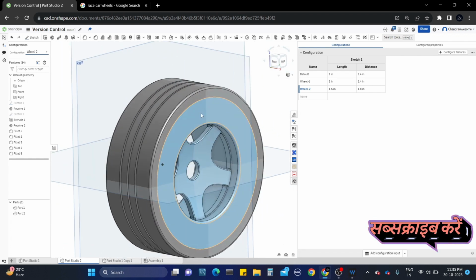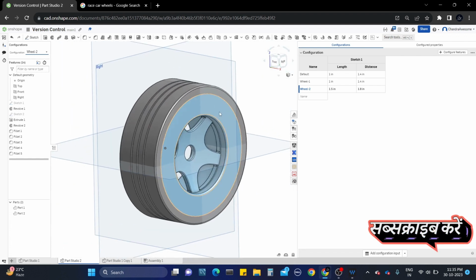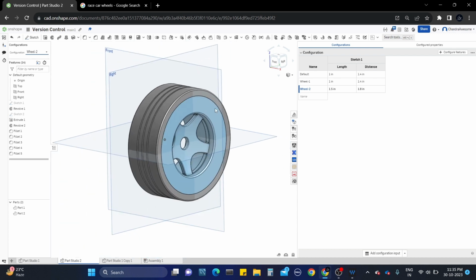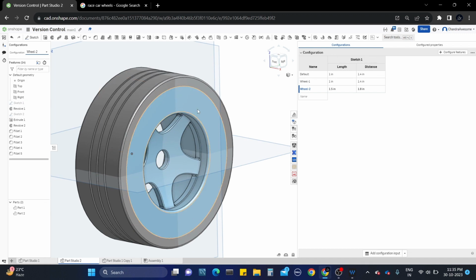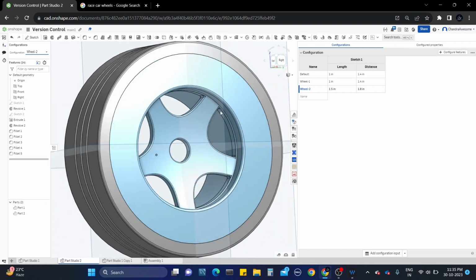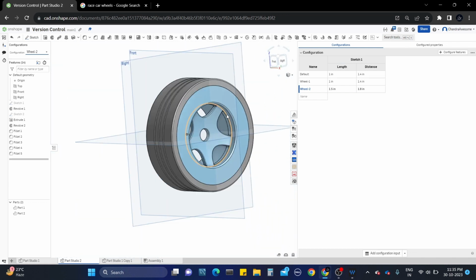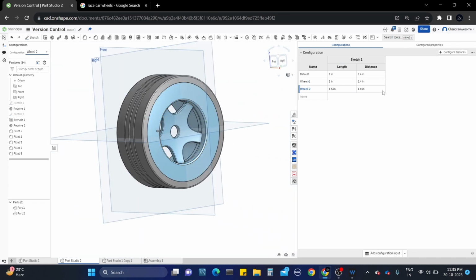But it's not good looking now because we didn't add all the configuration values to it. But you can add them. Just like how we add features like length and distance, you can add an inch distance as well. So let's add another one for this feature. Click on wheel 1, add configuration,